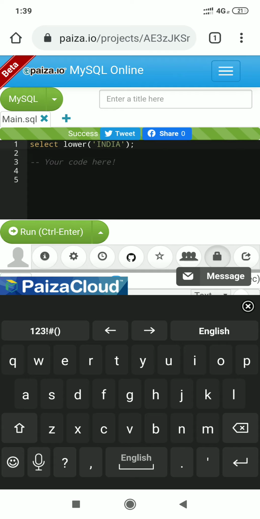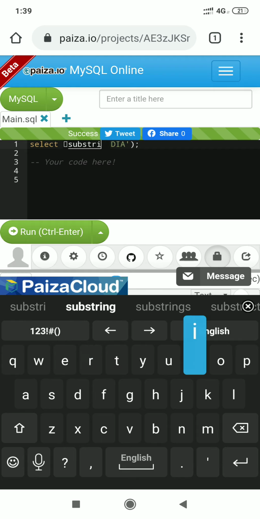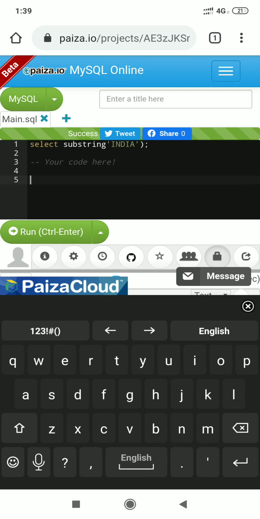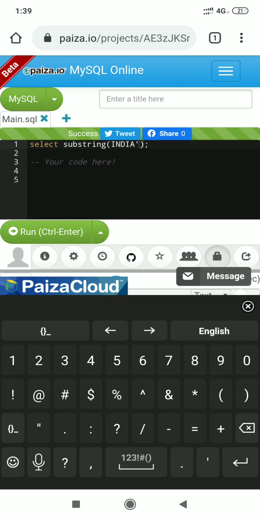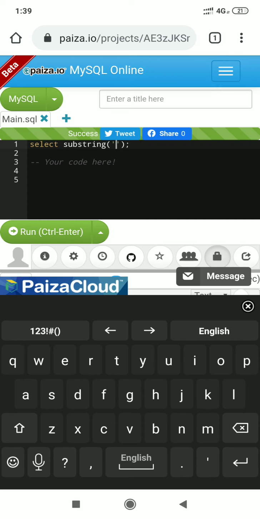Substring, here I mention Mahabharat. Okay, and I execute the same.